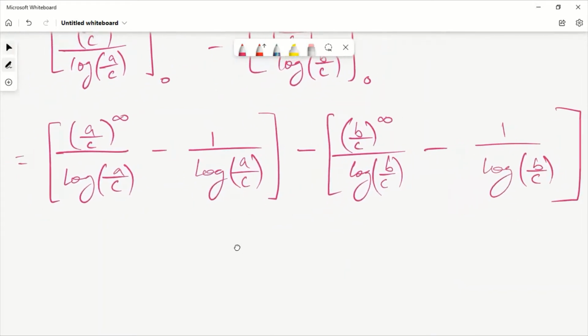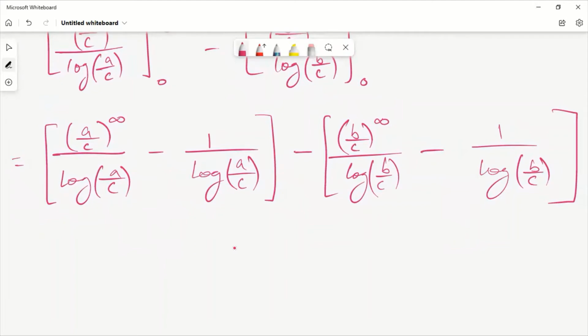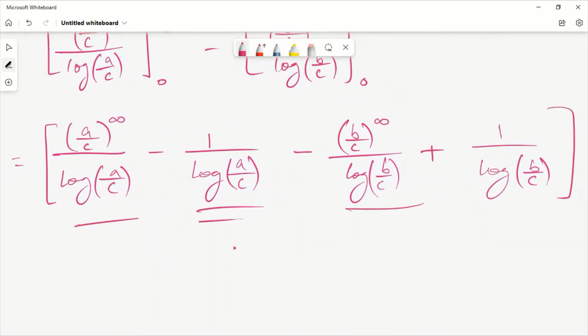Now if you see this carefully, there is something to the power of infinity here and here. When you remove the brackets, this is a minus and this is a plus. So club these two together, and these two together. Then you are going to get (a by c) whole power infinity divided by log (a by c),